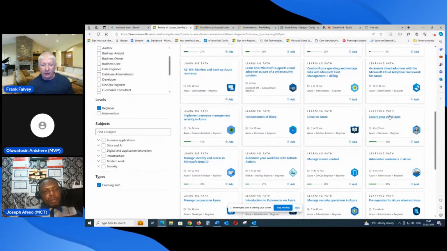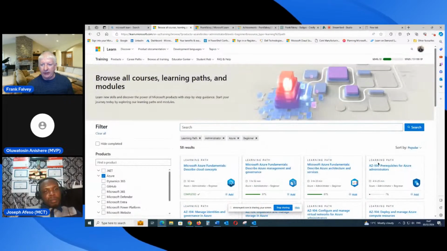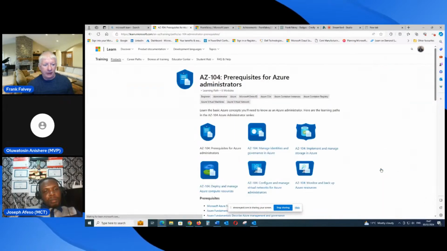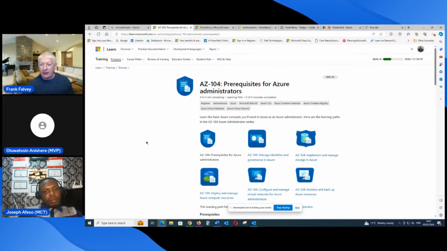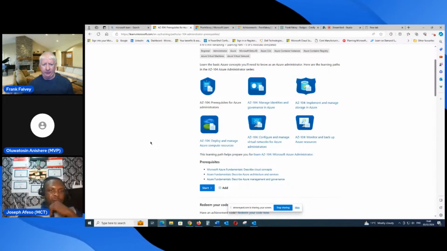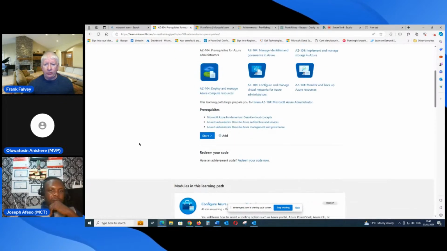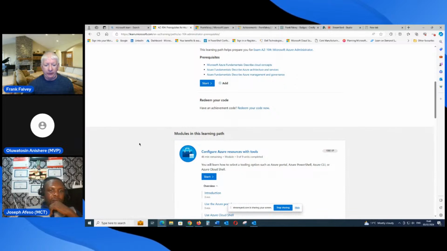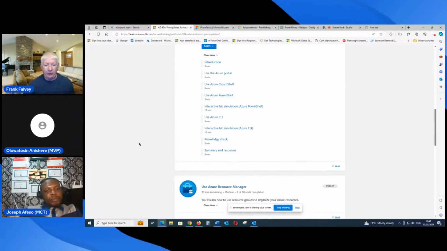We'll just find, these are the prerequisites for the AZ104. So that's the Azure administrator. And this is showing you the prerequisites. As far as I know, you need to do the Azure fundamentals first for this one.